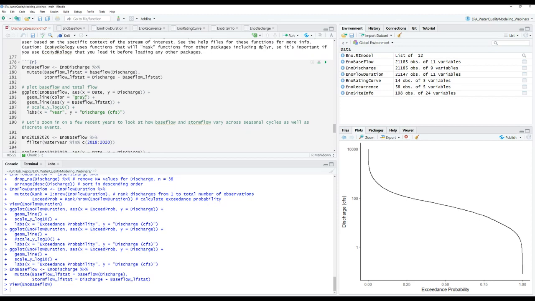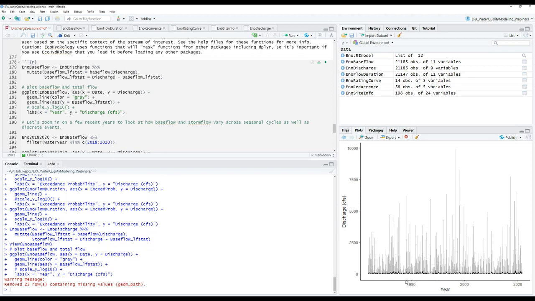And then let's add another line that will represent our baseflow. So we'll have another geom_line. But this time we want to rewrite the aesthetics. So the first one we had discharge as our Y aesthetic. Now let's say we'd like the aesthetic to be the baseflow instead of just the discharge. I'll show what this looks like with a logged Y-axis. And then we can relabel the axes. So our labs, our labels will be X equals year, Y equals discharge. So again, this is just to illustrate what our data look like over time.